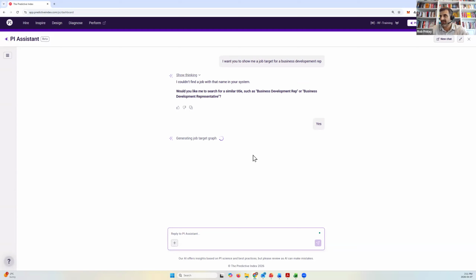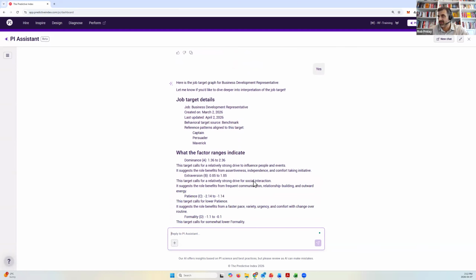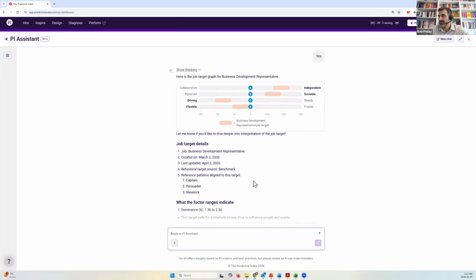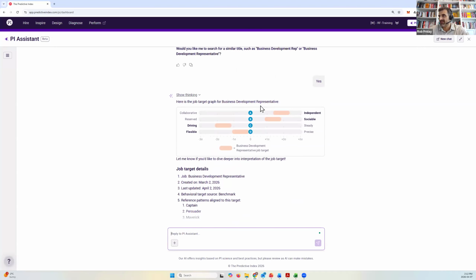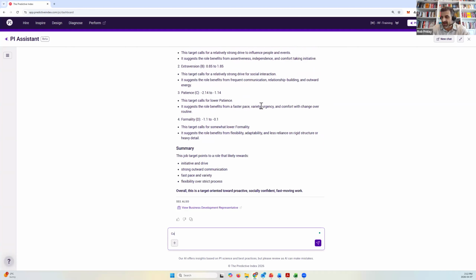And then the next thing I'm going to do, once I've got that up, is ask it to compare a potential candidate to the role. There's the target, and you can see it's got a sample overlay. Great. Now compare